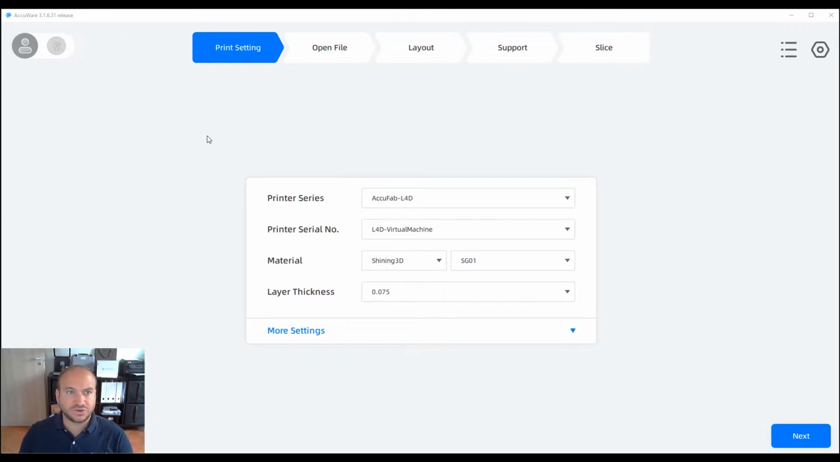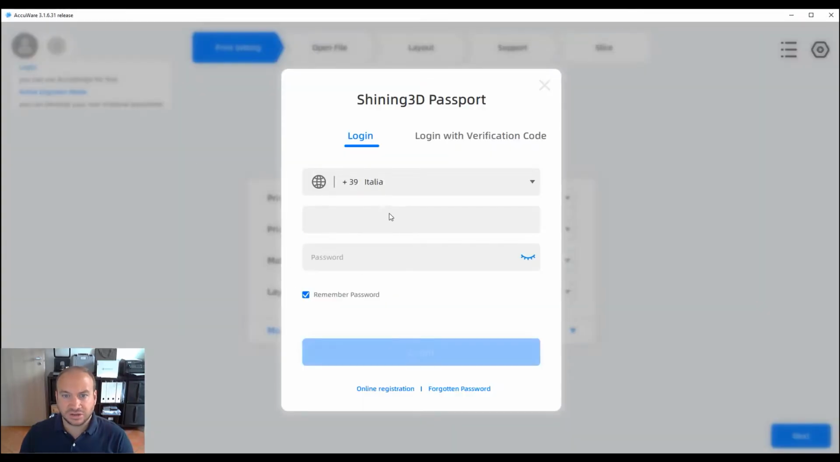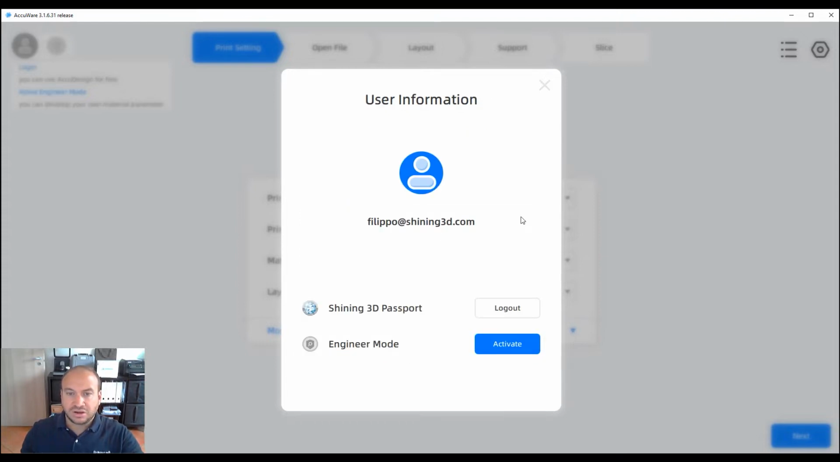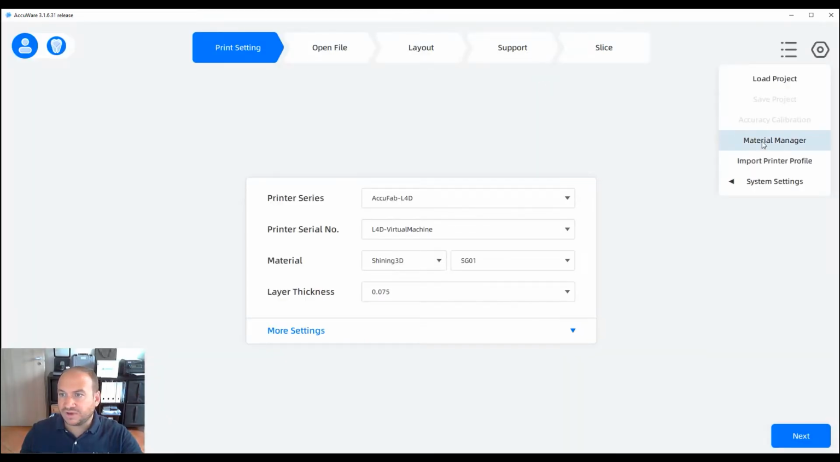Okay, so first of all, once you open the software Accuware, we can click here and press login. If you don't have an account, you can of course create a new account for free. Once you have created the account, you can simply type your email and your password in order to proceed with the login. Okay, I have done the login. As you can see, if I proceed